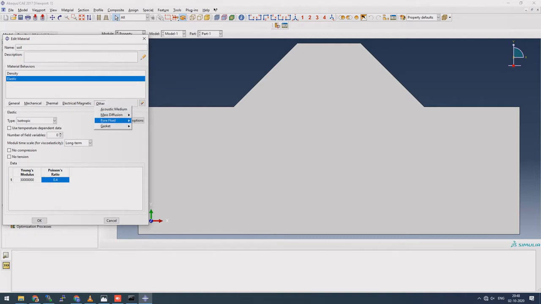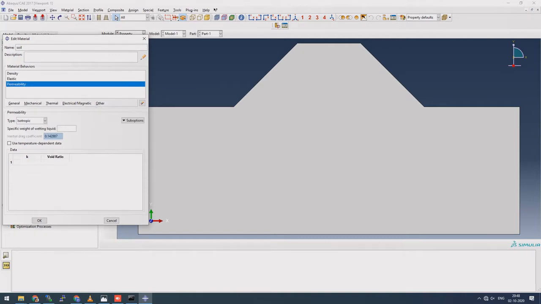And now we'll use the permeability of the soil. For using permeability, I'm guessing we'll need a sand type of soil. For a sand type of soil, we generally use somewhere around 0.01 meter per second permeability, like a fine sand, and then the void ratio, let's assume to be 0.9.